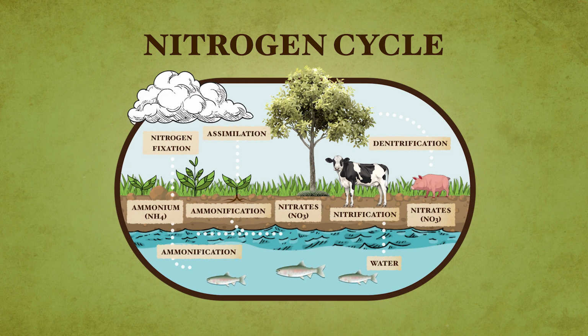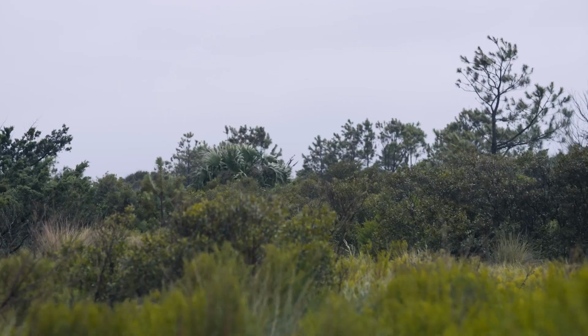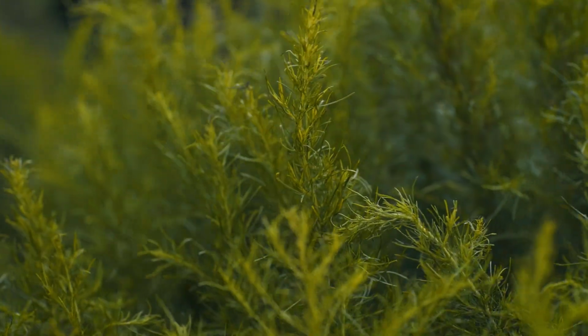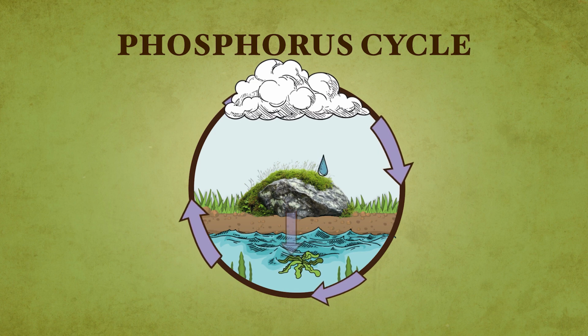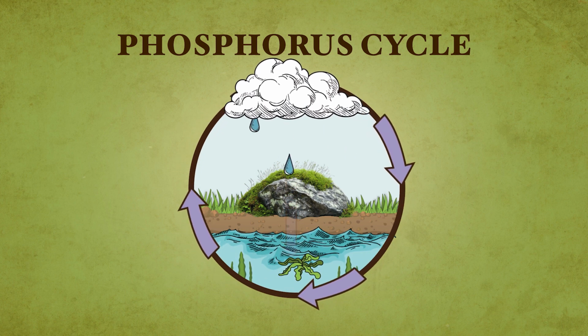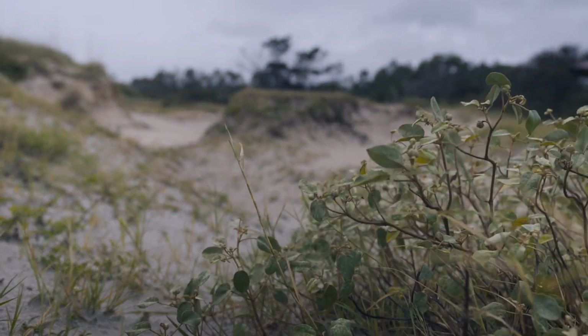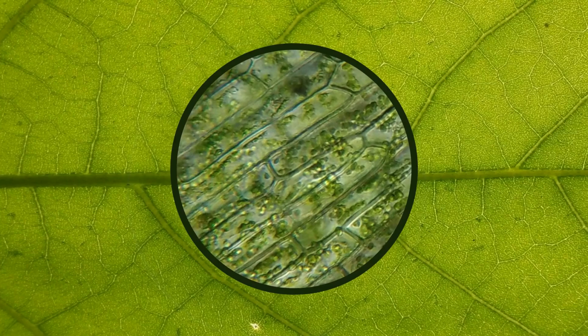And so it's the symbiotic relationship that plants have with the bacteria, where the nitrogen-fixing bacteria are able to take atmospheric nitrogen and then make it into a form that plants can then absorb. Then you have phosphorus, which is an important element for DNA and RNA replication. Phosphorus comes from rocks, and then that goes into water where plants are able to absorb it, and then the process starts there. You have primary producers, and they really get their energy from the sun. As they are conducting this process called photosynthesis, they're really building that energy in order to grow.